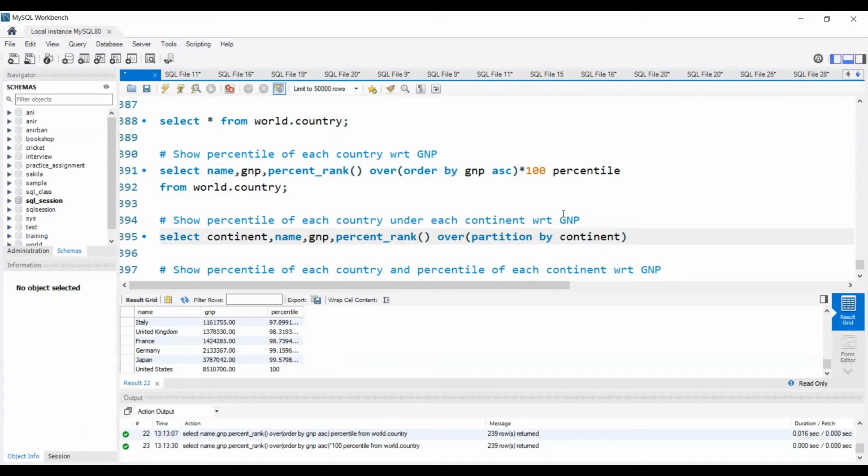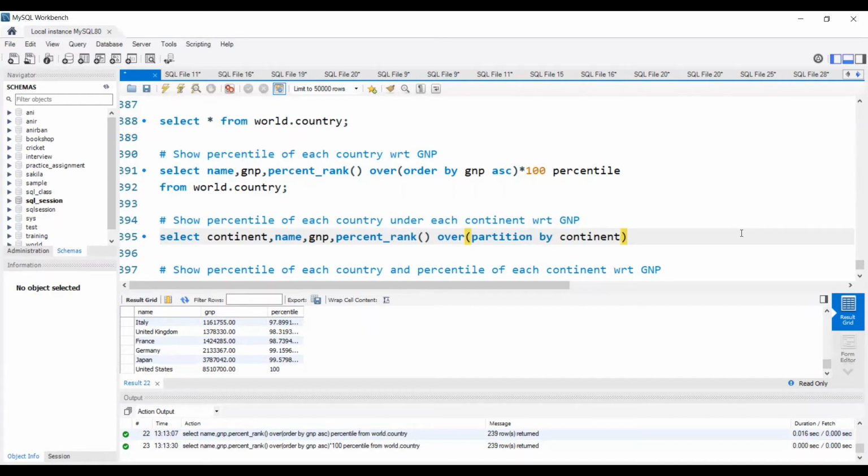So whenever you are using a window function, if you have an upper hierarchy column, so here in this case, continent is the upper hierarchy column, and the calculation has to be done under each value of continent. That means under each value of the upper hierarchy column, and name is the lower hierarchy because under each continent you have different countries. So whenever you're using a window function where the calculation has to be done with respect to each value of the upper hierarchy column, then we need to use partition by. So partition by the upper hierarchy column. So here the upper hierarchy column is continent.